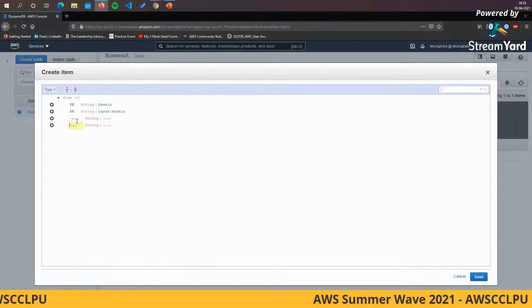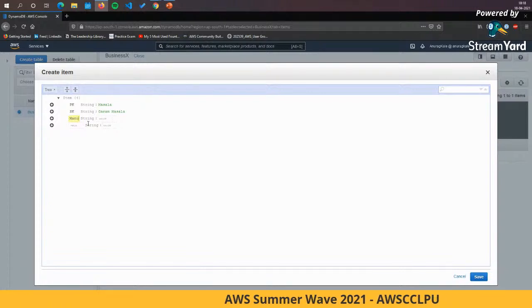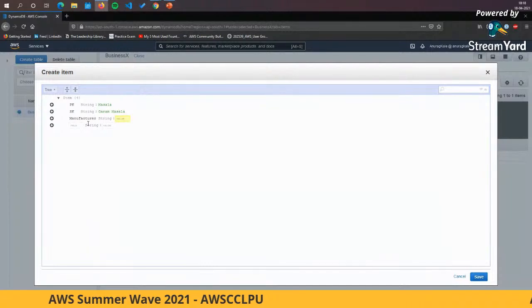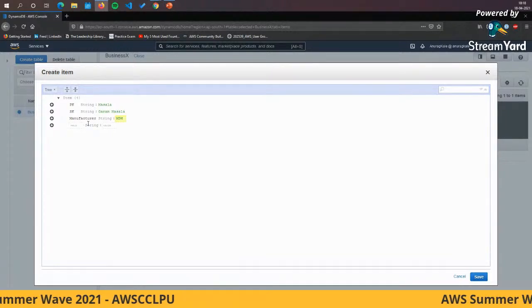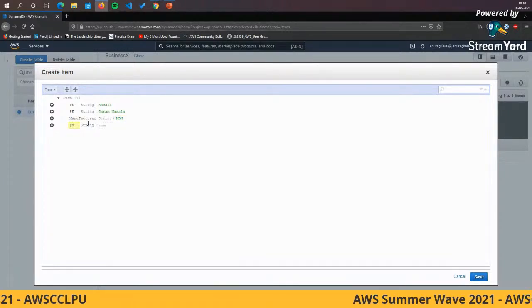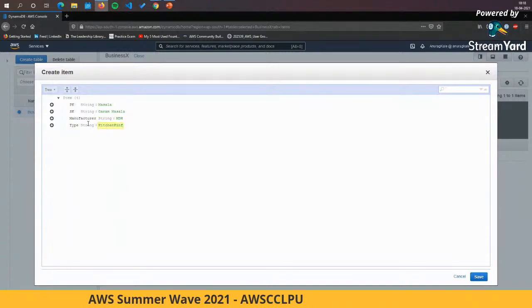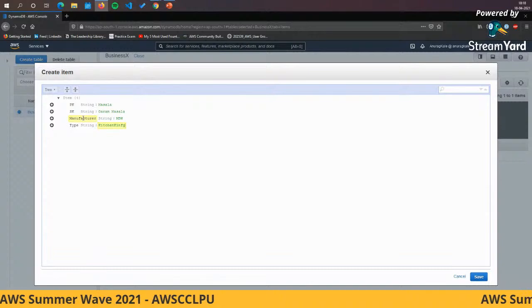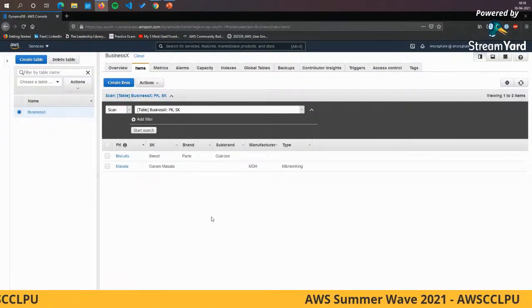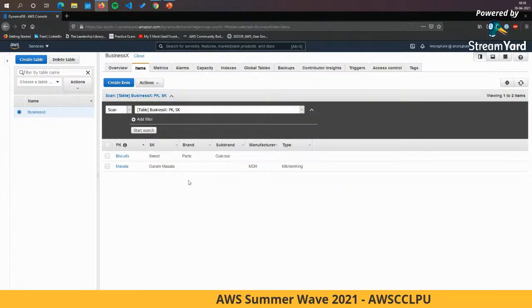I can say manufacturer, and this is, let's say, MDH. And what is the type? Let's say it is kitchen king. I'm just taking random examples for the sake of it. And save. Now observe clearly here.